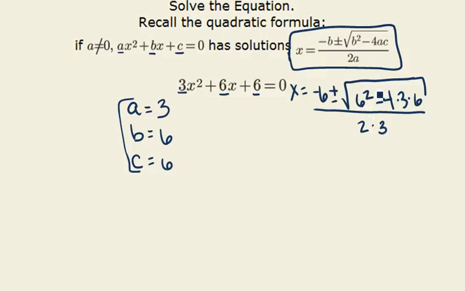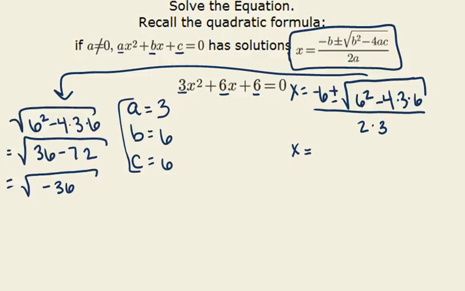Alright, so we need to simplify this in order to really figure out what x is. I'm going to simplify this square root over here. As you can see, I wrote the square root of 6 squared minus 4 times 3 times 6, and that simplifies to 36 minus 72, which simplifies even further to the square root of